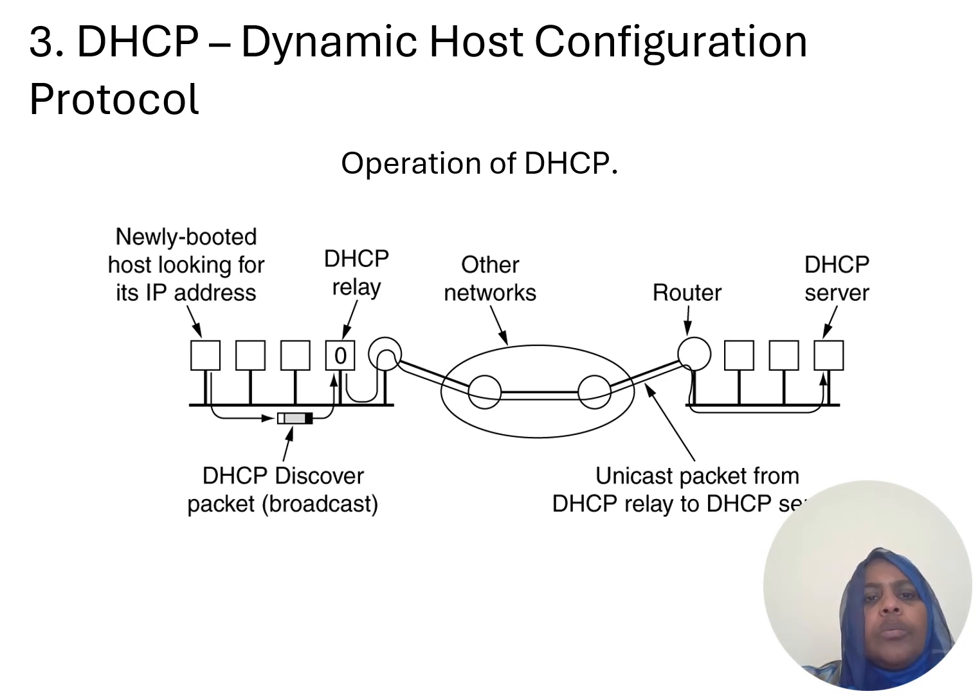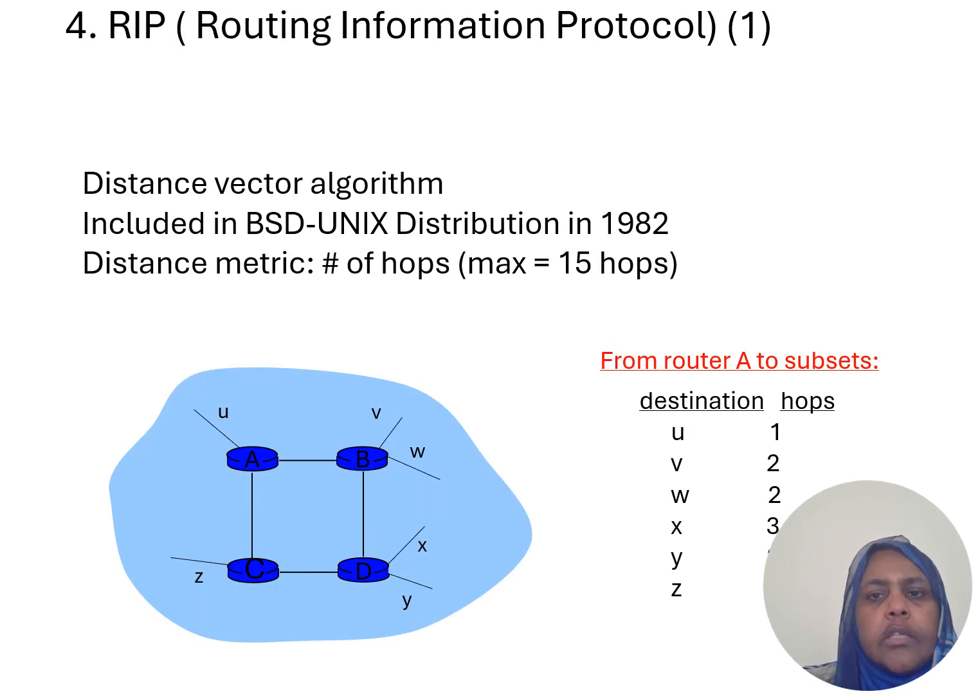Dynamic Host Configuration Protocol, as we have mentioned earlier, is used by hosts to obtain their IP addresses dynamically, where there is a DHCP relay in the network that connects the network with the server on the other network to obtain IP addresses. After we discussed the routed protocols, that means the protocols that are sent over the subnet, it's time to discuss the routing protocols,